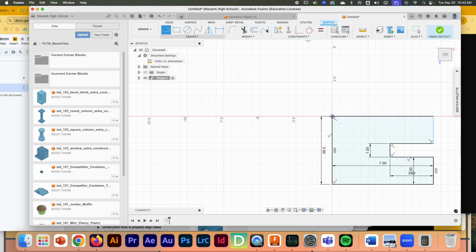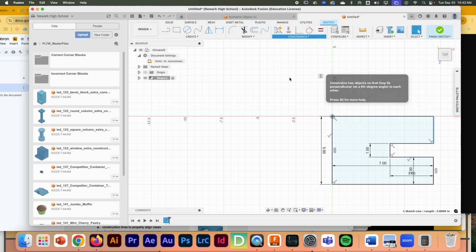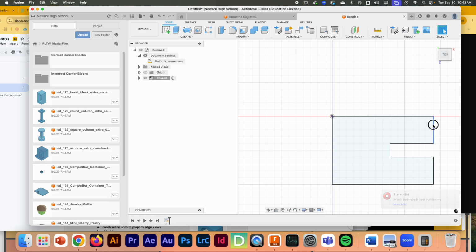Now I don't know exactly why it didn't pick up that last parallel line, but what I can do, hit escape on my keyboard, go ahead and constrain this as perpendicular to that. Over constrained. Well, that's bizarre. I wonder if it's got a strange angle associated with it, or if these 2 points did not exactly... Oh, it's because this line has no length. So let's go back into that sketch